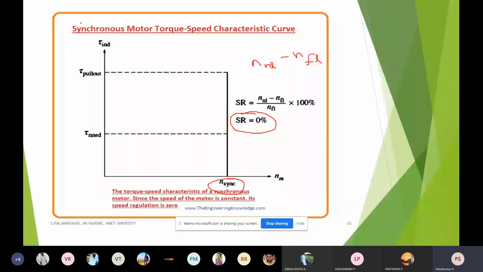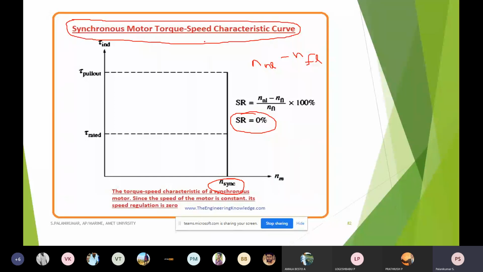But whereas this synchronous motor can be realized. Suppose you are employing the concept of a brushless DC motor; a synchronous motor also works on the same principle, that the field is rotating and the armature is stationary, but I have to give an external DC supply to the rotor of the synchronous motor. That is the field excitation.